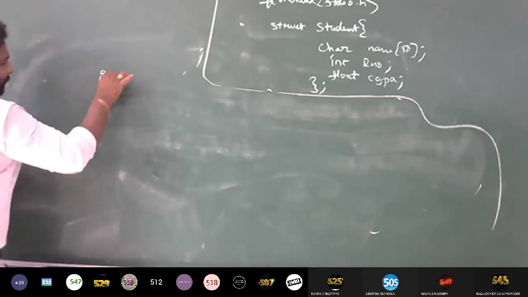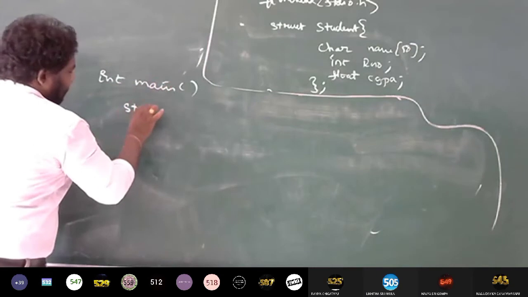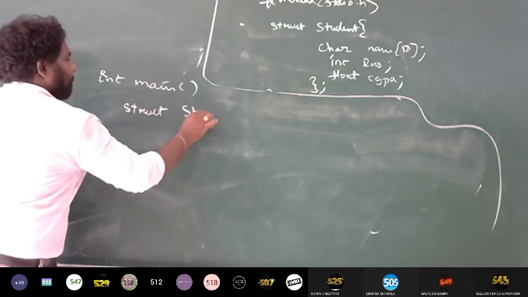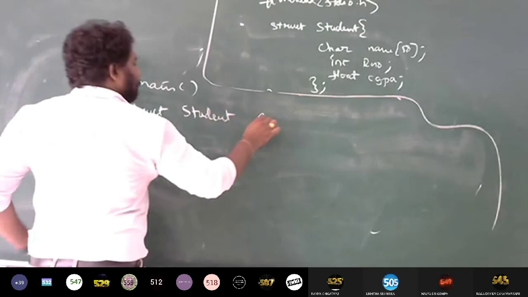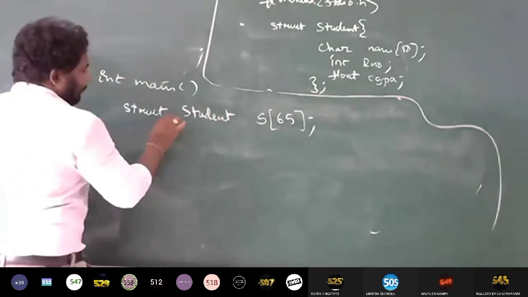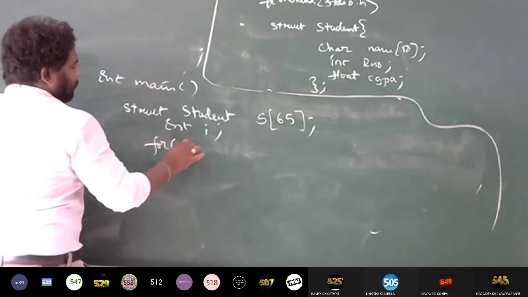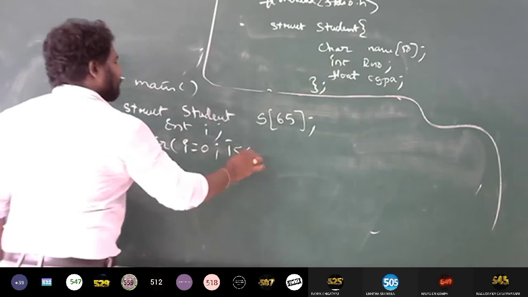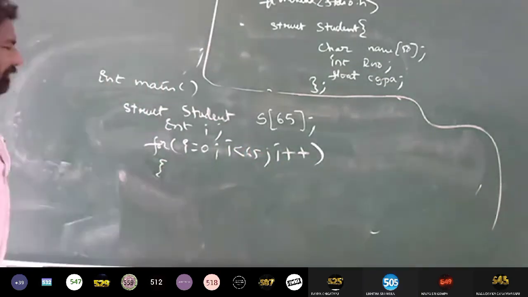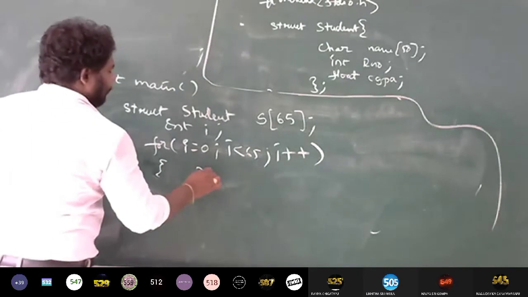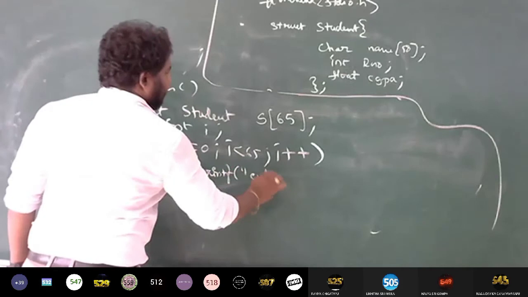So what do I do now? In the main, structure student S with size 65. Then I take an integer variable I and I write a for loop: for I equals to 0, I less than 65, I plus plus. And inside that I just ask something like this: printf enter